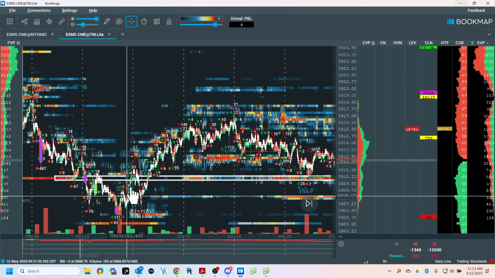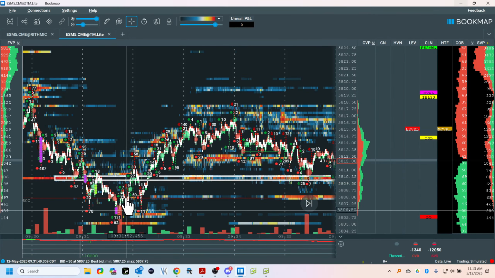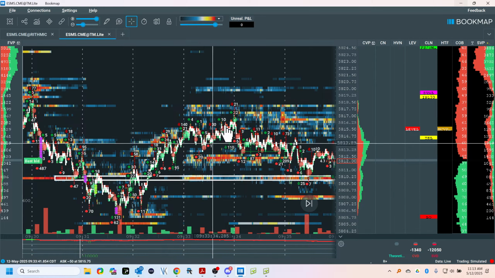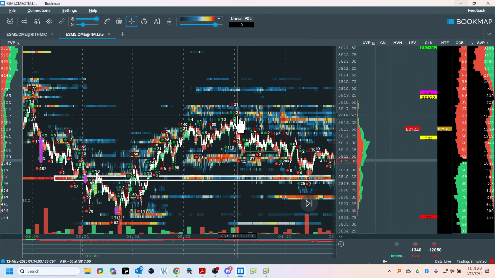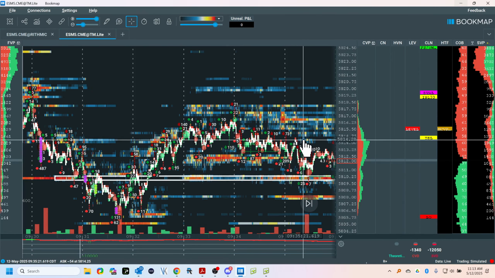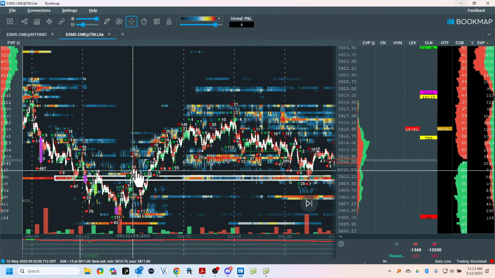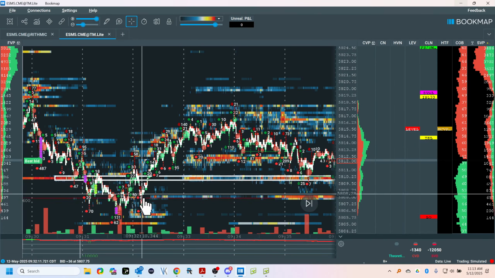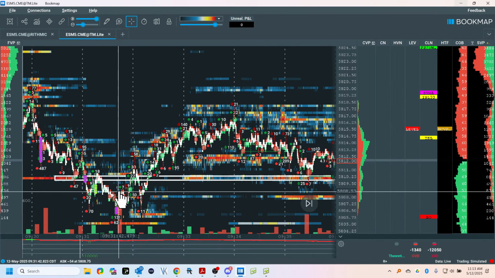Sweep, trigger, support is there, and support is here. So I got support, support. And now I have to get through this. When this happens, there's two ways you could work this. You could do a short from here, and you have to be looking at where the buyers took control because the sellers were here. That's what creates this. The buyers are here and there.